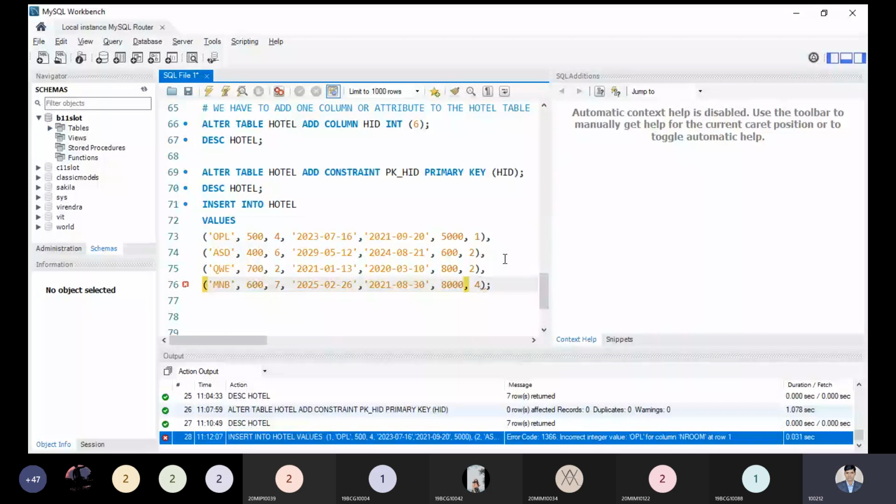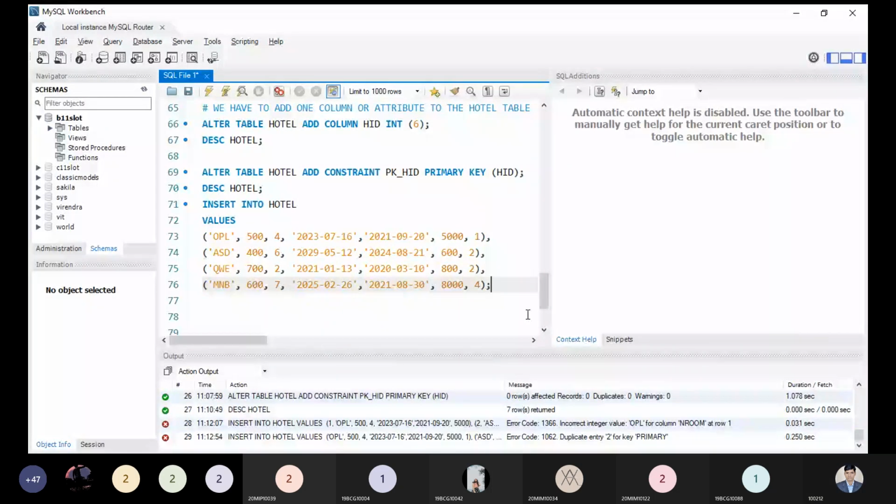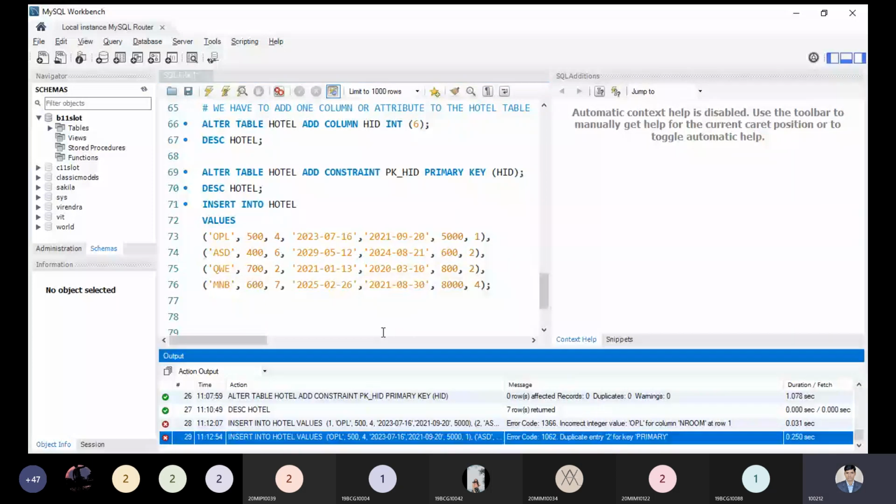You will be able to see at the last: duplicate entry for the key primary. Is it visible to all right now? Duplicate entries we have, so the record will not be inserted. Is the error visible to all or not? Yes, we have. So how to resolve such issues?